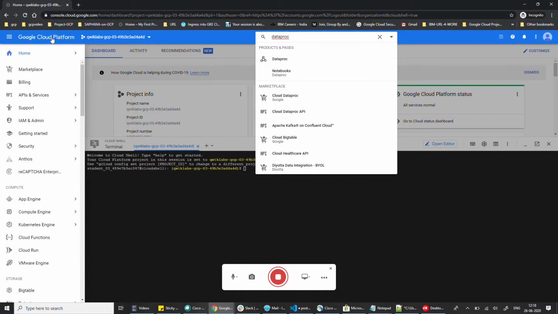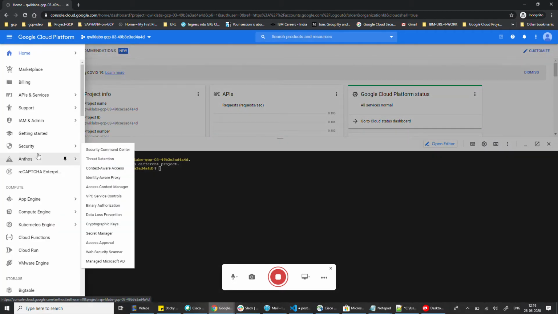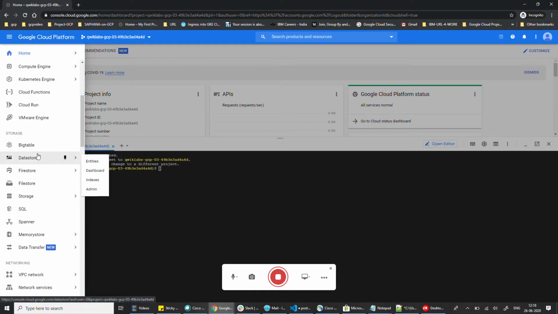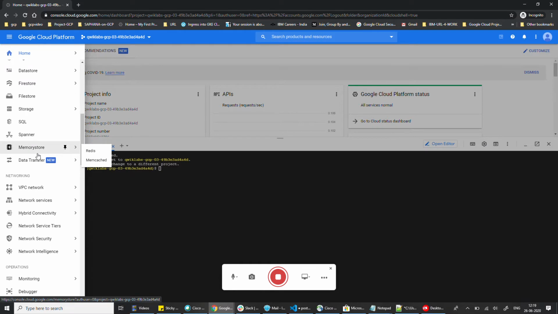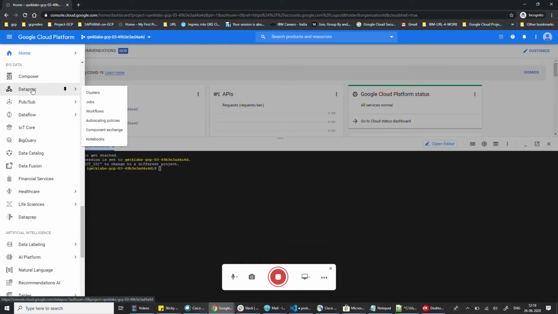Otherwise, another way is to click the navigation menu, and in the big data section we have to find Dataproc. You can see Dataproc is here. So let me click on cluster.